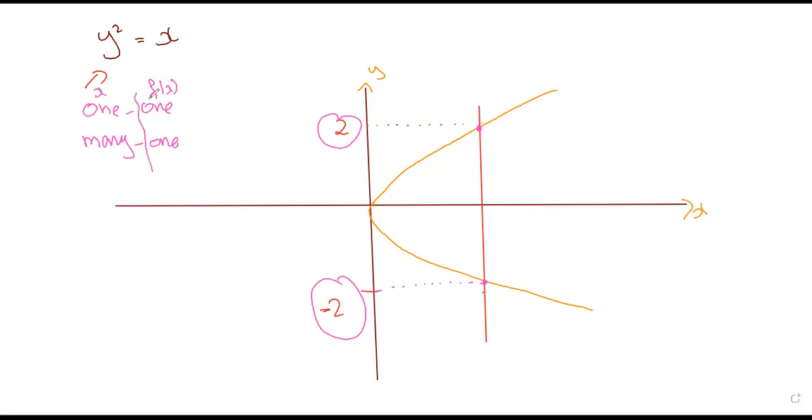This one was for function. And in this relation, for two different y's, we are getting same value of x. This means that this is not a function. So this is a relation, but it is not a